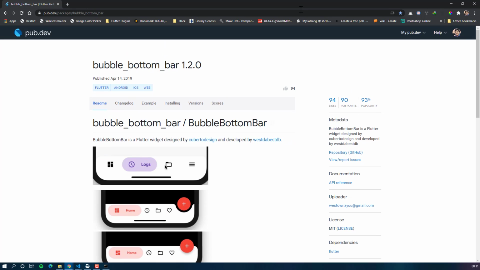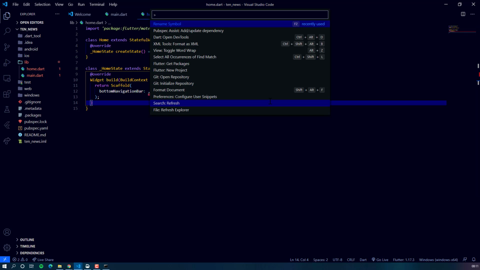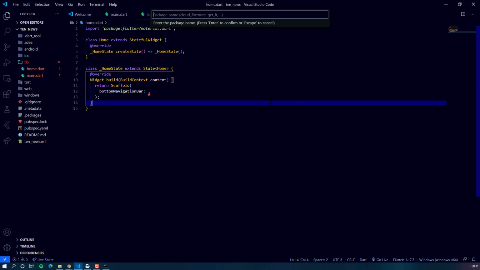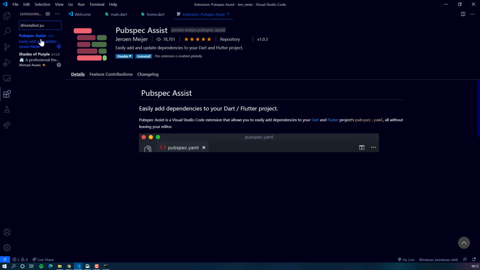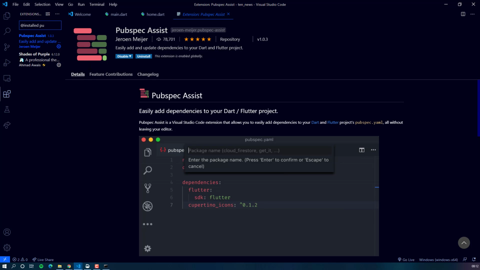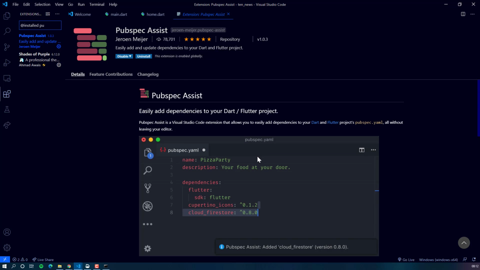To install this, first we will copy this. Now our package has been added. If you are wondering how I added this package without opening my pubspec file, there's an extension called Pubspec Assist which lets us install any package without opening the pubspec.yaml file.